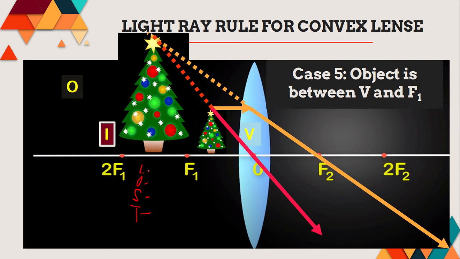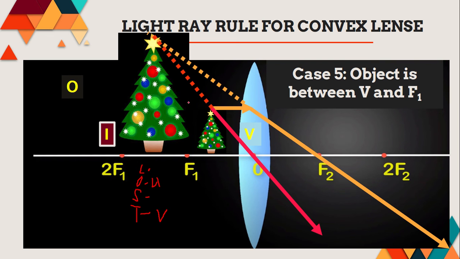So, alamin nga natin. Anong kanyang L? So, saan siya nakalocate? Alright. Between 2F1 and F1. Ano yung kanyang orientation? Is it enlarge, reduce, or same size? Okay, enlarge. Ano ang kanyang size? Ano ang kanyang orientation? Is it inverted or upright? Okay, so for this time, upright na siya. Hindi na siya naka-invert. So, ang kanyang size ay enlarge at ang kanyang type, kung ito ay upright, siya ay